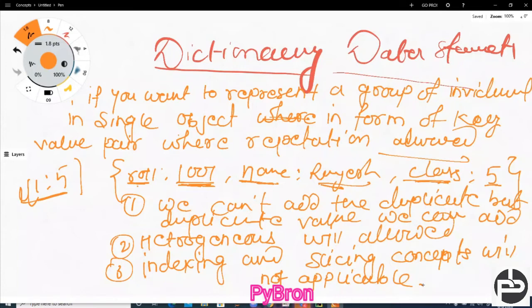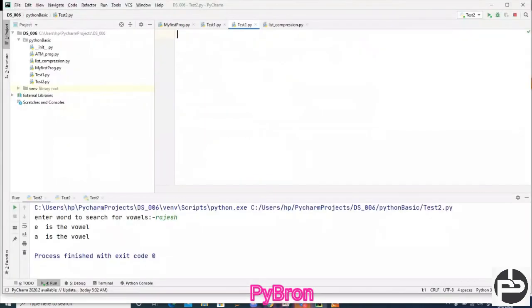Okay, cool. Next, how to create a dictionary, that we are going to see in a while. Let me create a dictionary. You can create a dictionary like this. This is one way, or you can also create a dictionary using dict. dict is one method, and that is also one way.